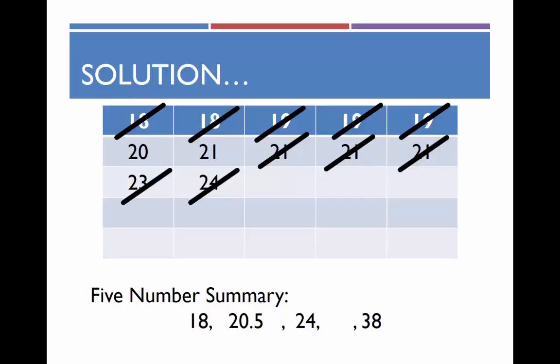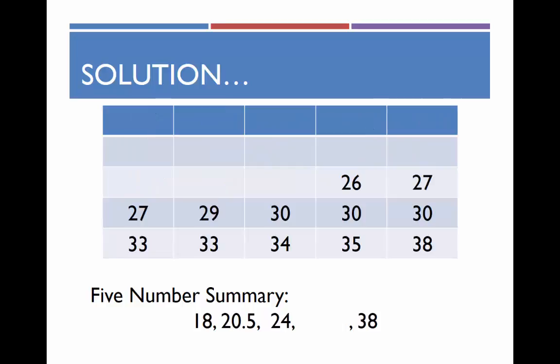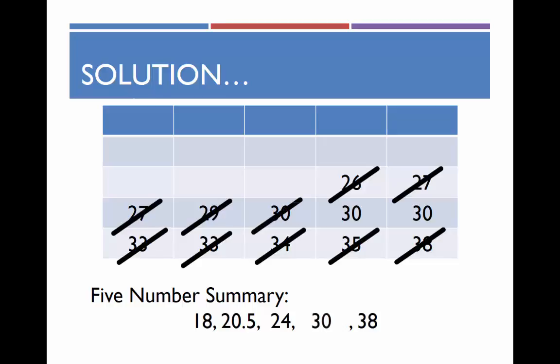To find the third quartile, we do the exact same thing. This time we're dealing with the upper half of the data set, once again excluding that physical middle value, the median. We find the third quartile by calculating the median of the upper half of this data. Again, we cancel out the highest and lowest values until we get down to the physical middle. Our 5-number summary: minimum value of 18, first quartile is 20.5, median is 24, third quartile is 30, maximum value